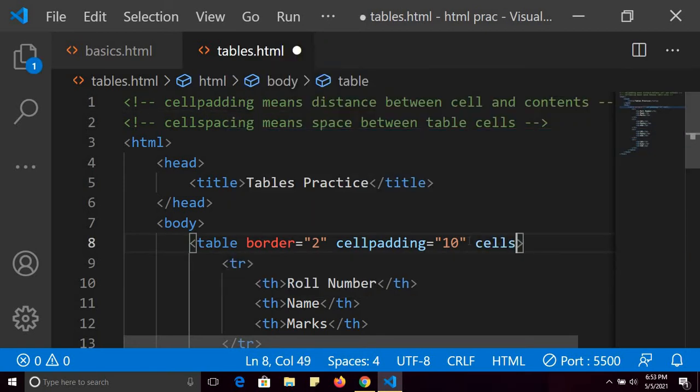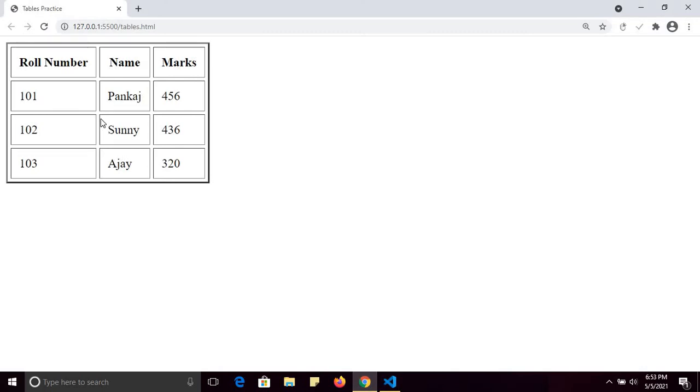So let me use it. I am going to set cell spacing, fine, to for example 4. Now see the output. Now the distance between two cells is 4.